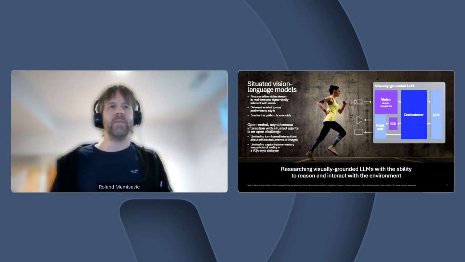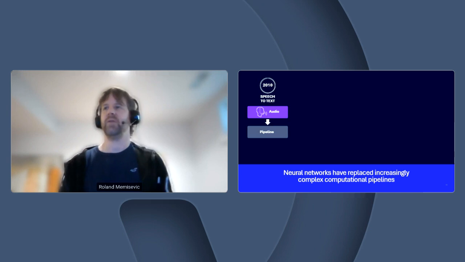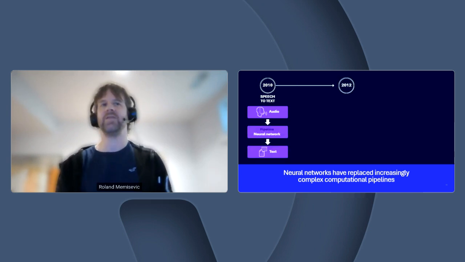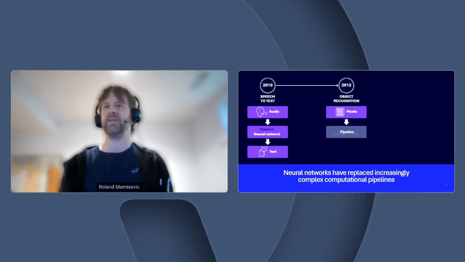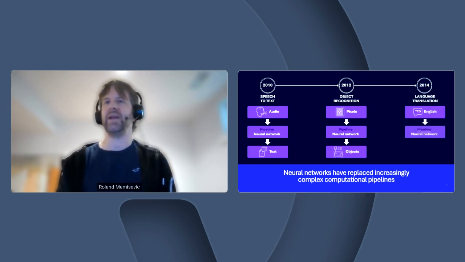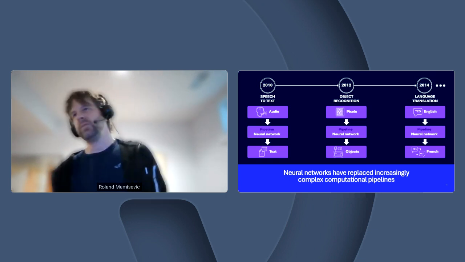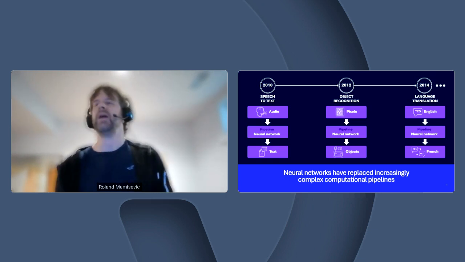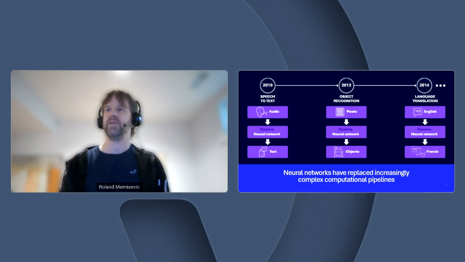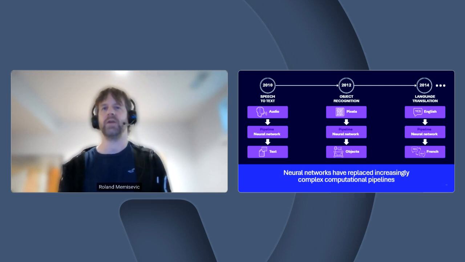So this, in some sense, continues a tradition that arguably started something like 15 years ago, where people discovered that if you take a speech recognition pipeline and replace it by a neural net, it just works much better. So we can just train a neural net end-to-end on samples in, text out, and then have the model do all the step-by-step processing, dealing with phonemes and so on and so forth. And it works really well.